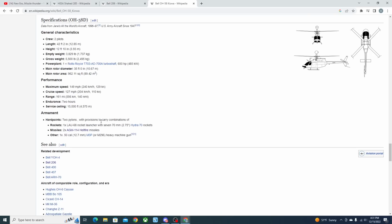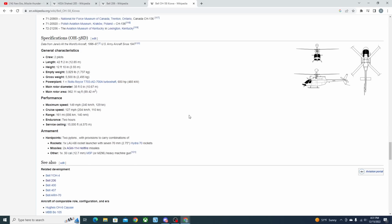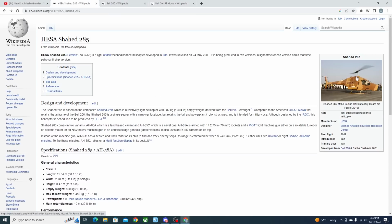And this one, of course, since it's an American helicopter, it can carry more. For example, it can actually carry Hellfires, which are pretty nice, but only 2 of them. Still, it makes no sense as to why they would go and butcher this thing so badly, a Bell 206,